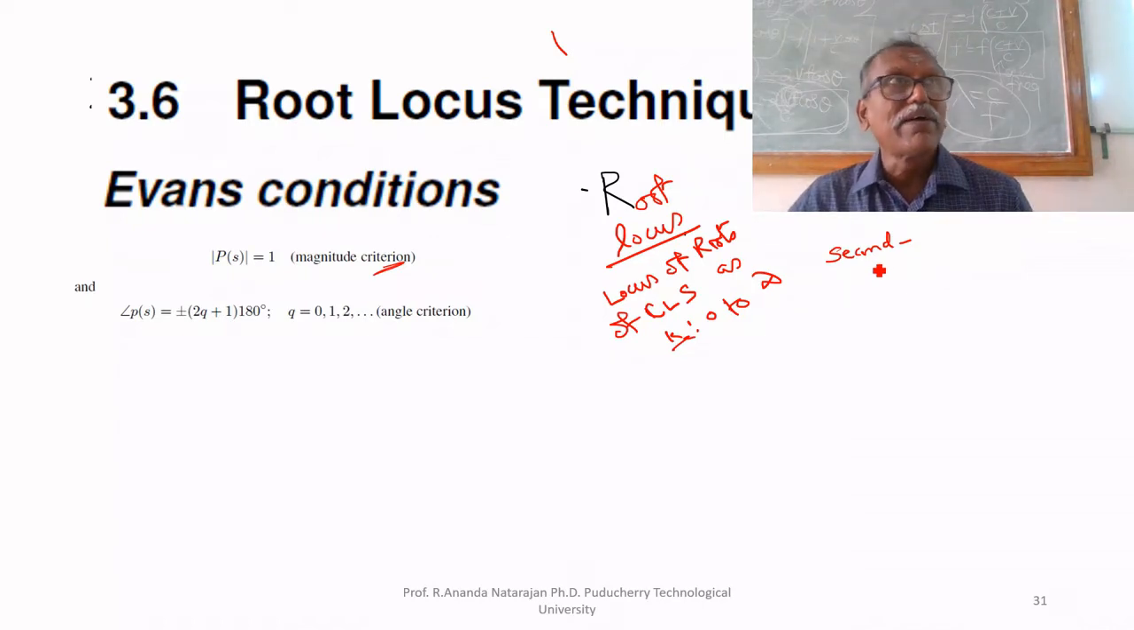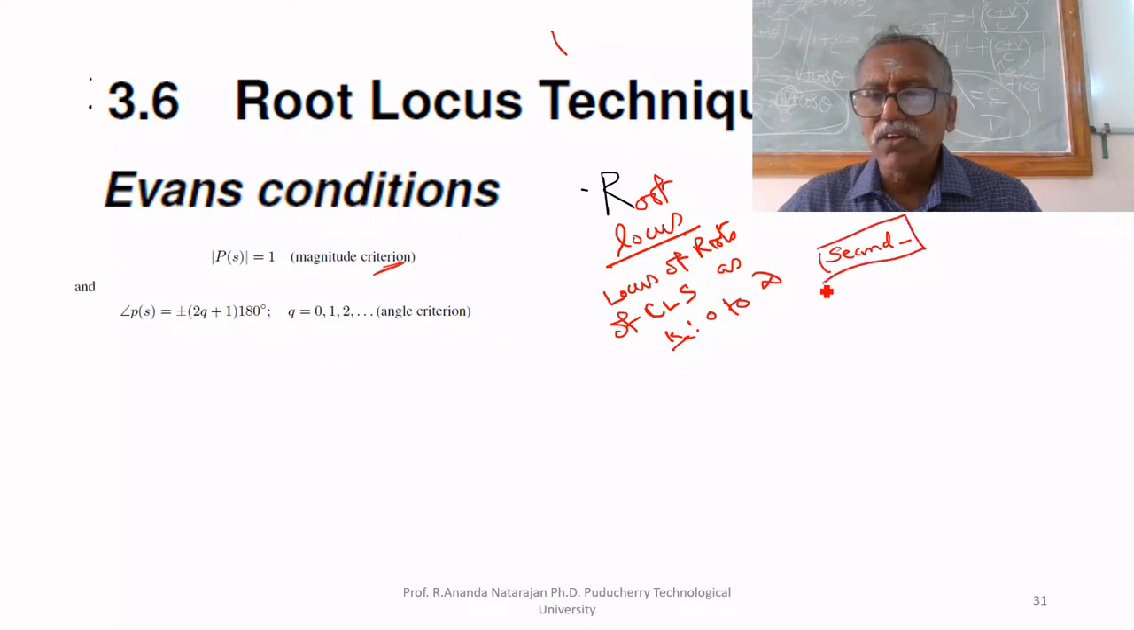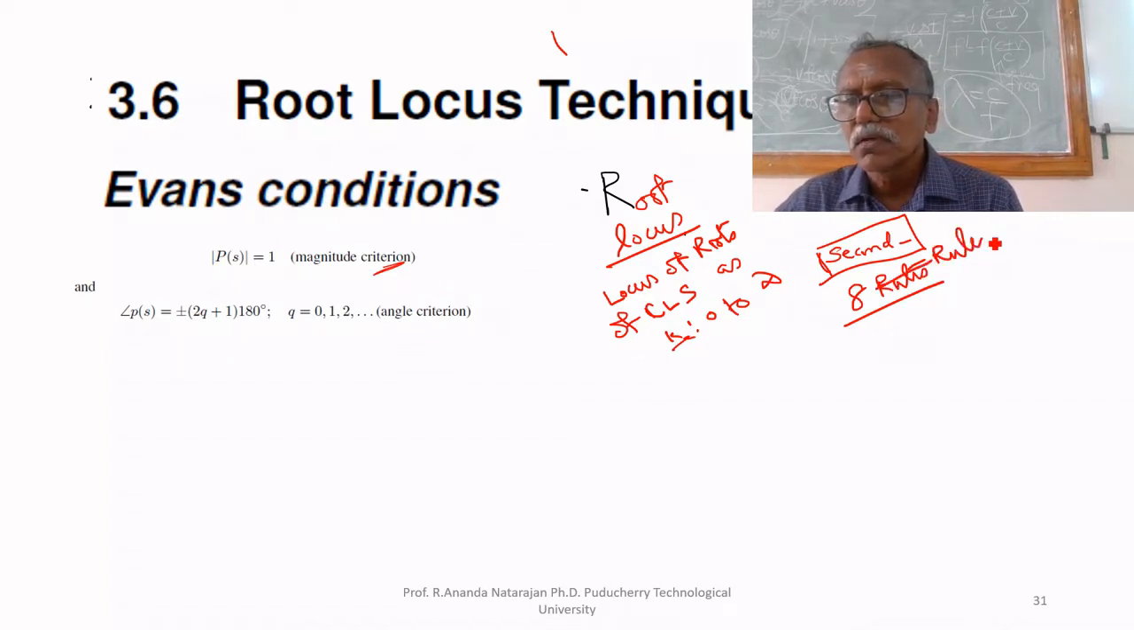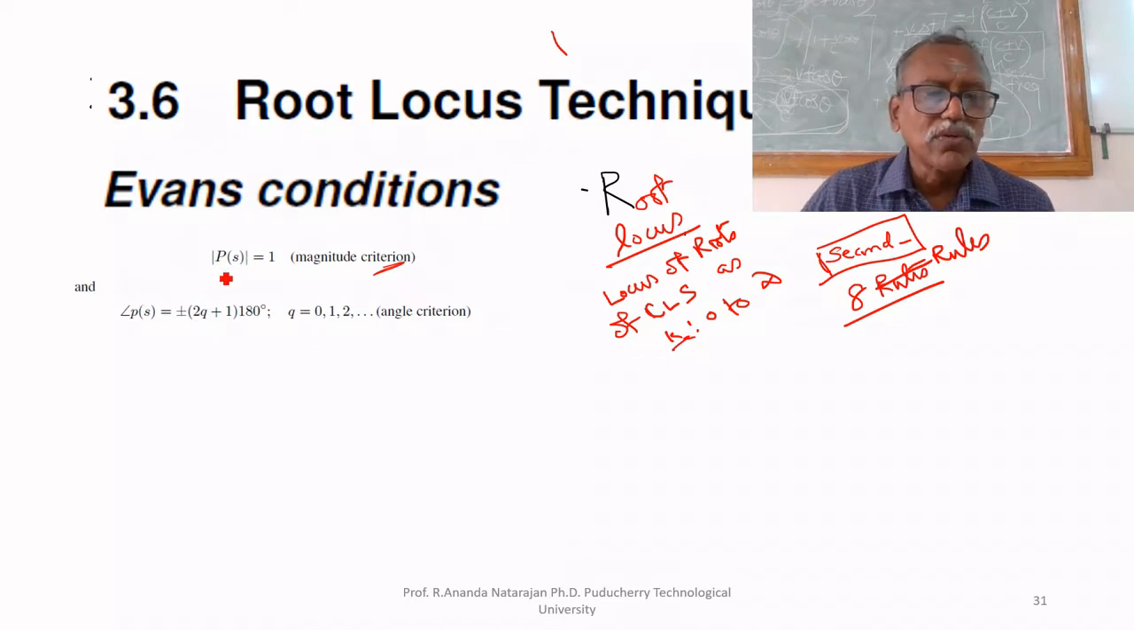So some techniques, shortcut methods, are there to draw the root locus without finding roots. There is a set of 8 rules. By using those, we can find the root locus. Let us see all those rules. Before that,